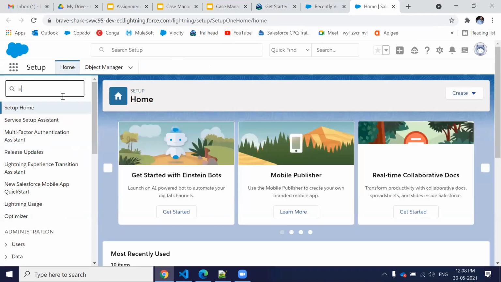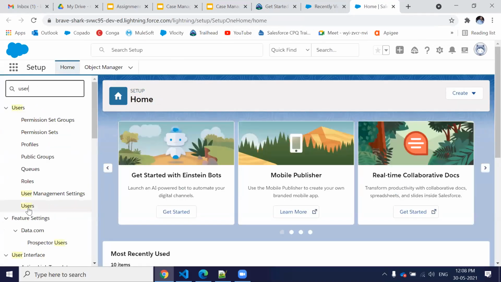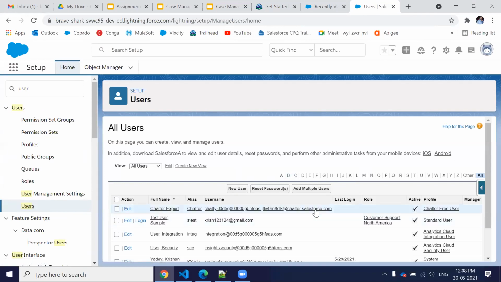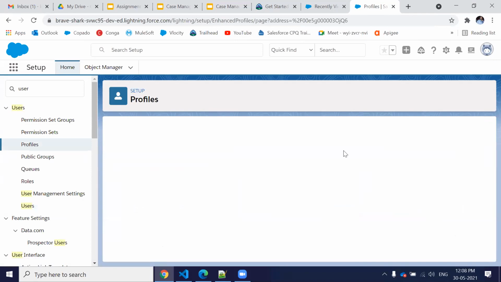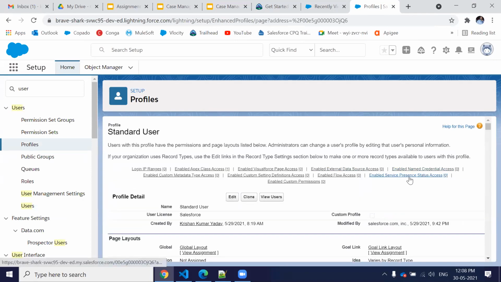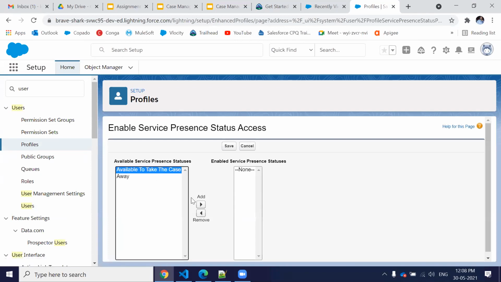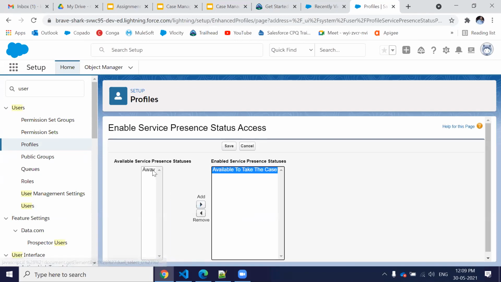We need to check two things. First of all, the presence status. So we have to make it available for that user. And this is our user. This is the profile. We have to assign those statuses. Those statuses are going to be assigned to this user.